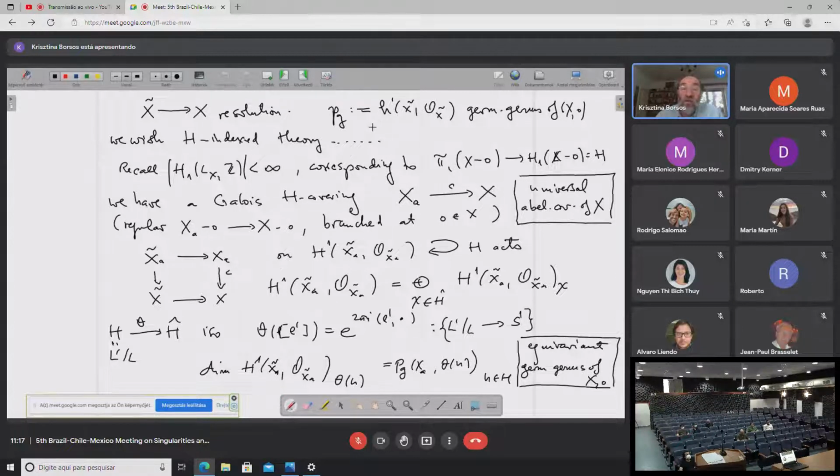Well, what do we want? We want the H-indexed version of this. So what is H? H is exactly the H one of the link. So usually when I have an invariant associated with the singularity, and I want a generalization of it which is indexed by H one of the link, then we go to the universal abelian covering. So we consider the natural epimorphism from pi one of the link to the H one of the link, which gives a normal surface singularity, the universal abelian cover of X,